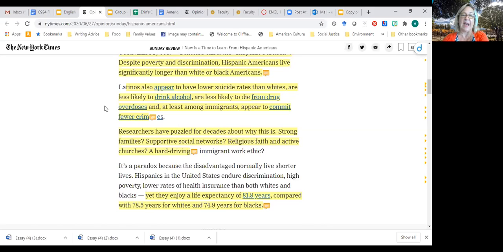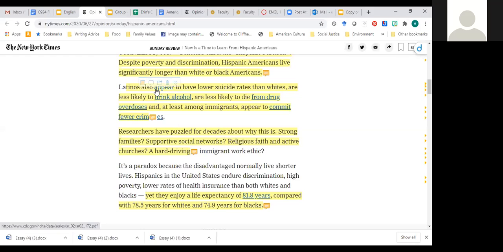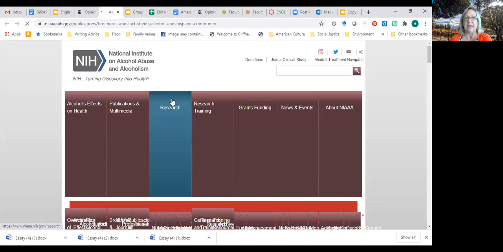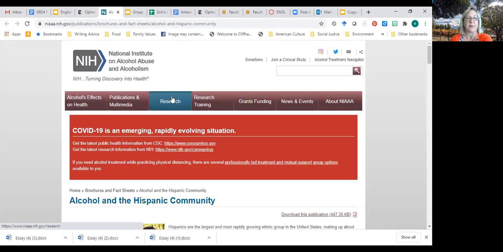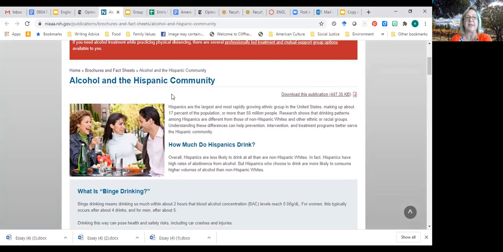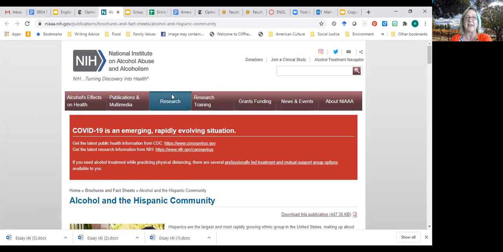Does he have any evidence here? Are they just claims? They are claims. Do you see those blue lines? Thank you, Alejandro. Do you see those blue lines on the page? These are hyperlinks. And if I click on them, do you see this page from the NIH? Yeah.